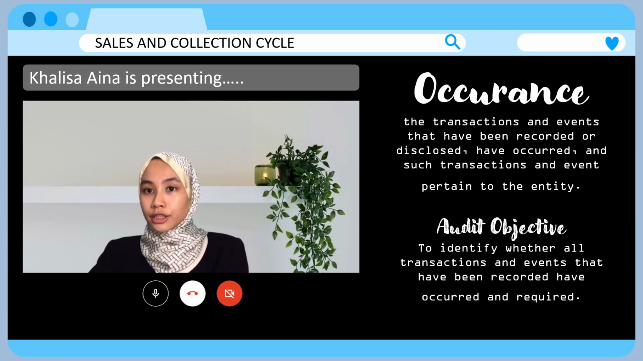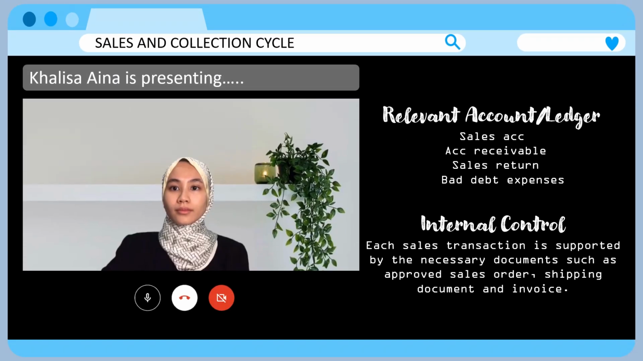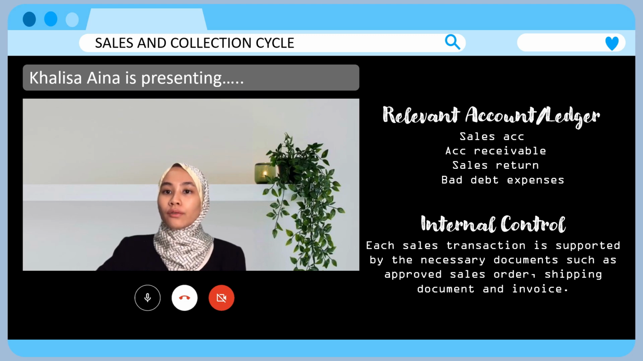The first assertion of this cycle is occurrence. Occurrence is the transaction or event that has been recorded or disclosed. The objective of this assertion is to identify whether all transactions and events that have been recorded have occurred and are required. The relevant accounts or ledgers involved in this cycle are sales account, account receivable, sales return account, and